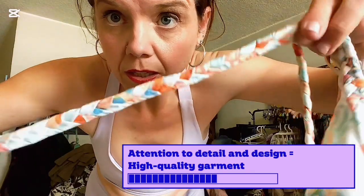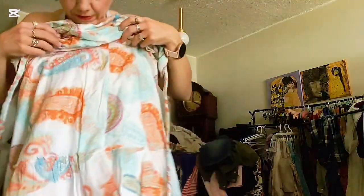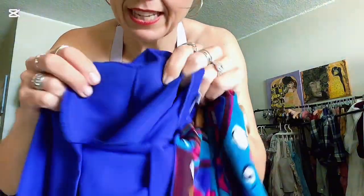Look at these straps. That was plaited. I'm sure it was hand plaited. Oh, it feels amazing. This is also another good find. Let me show you the vintage label, polyester as it comes. It's been beautifully made though. Look at that. Straight lines. It's got these lacquer cool